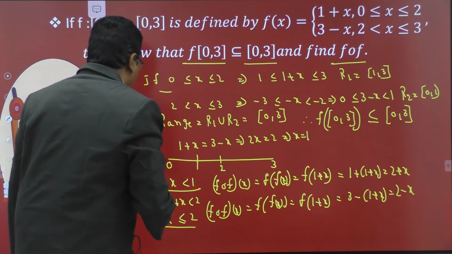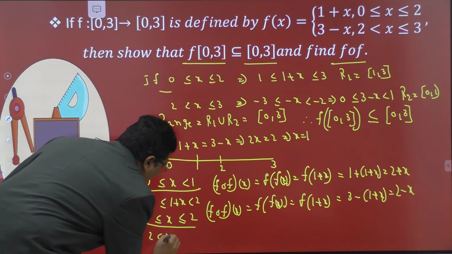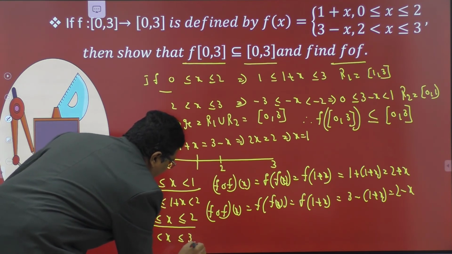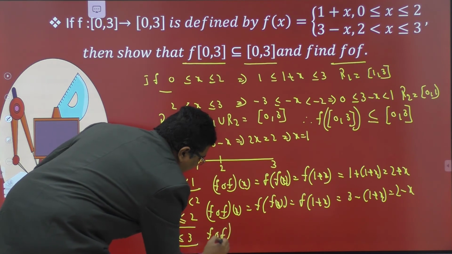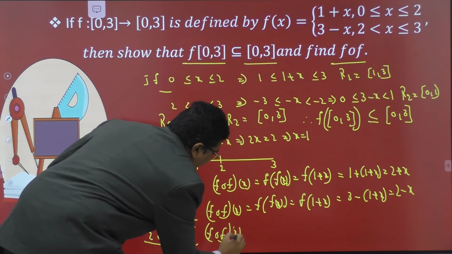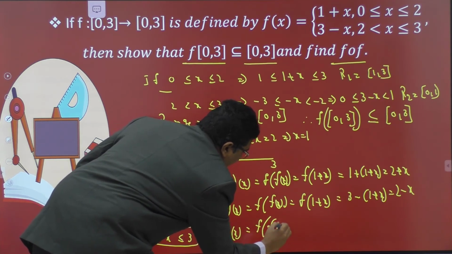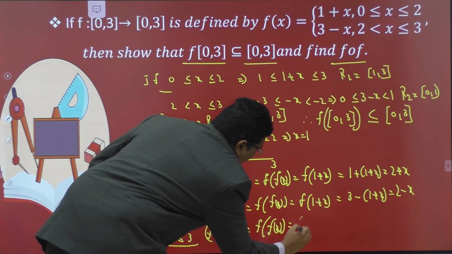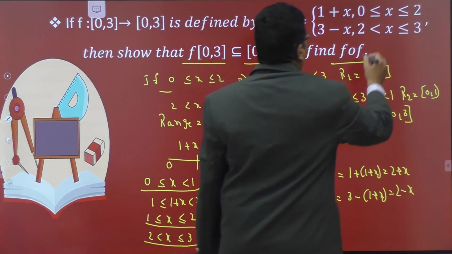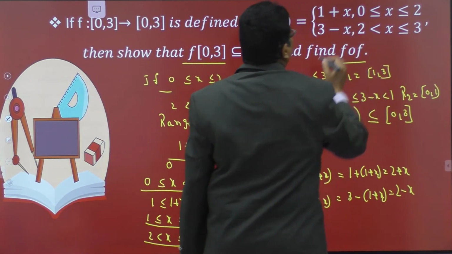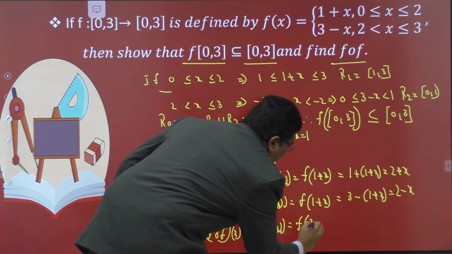Now x lies between 2 and 3. In this case, f circle f of x is equal to f of f of x. Its image is 3 minus x, so f of 3 minus x.